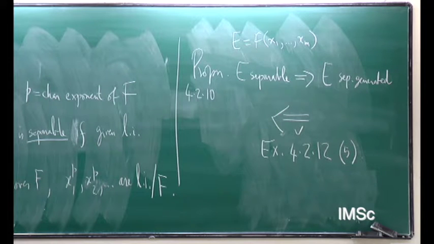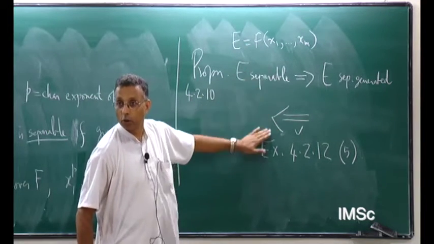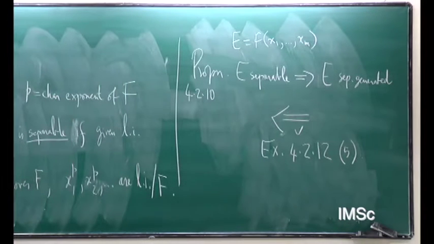Now, we have defined separability here. We have defined separably generated here, right? And now we are giving a criterion for when these are, and we are saying finally these things are going to be equal. They are going to be the same notion, and this is going to give us a criterion for that. This is a differential criterion, if you wish, for separability, namely that the dimension of this must equal the transcendence degree.